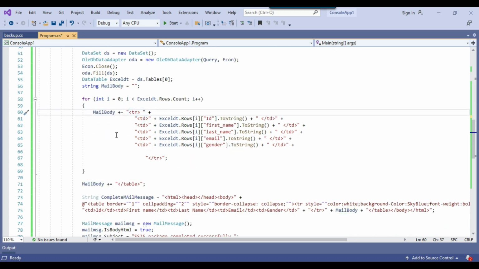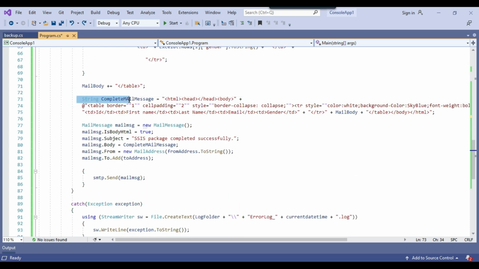Okay, now in case you want to read only 100 records from the Excel file, then in place of this particular code you can put a value like 100 here, so it will select only 100 records from the Excel file. Okay, so in the first run maybe I can show you sending all the data from the Excel file through email, and then maybe in the next run I can show you sending 100 records from the Excel file.